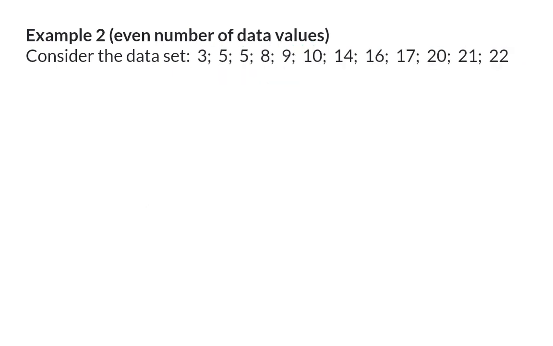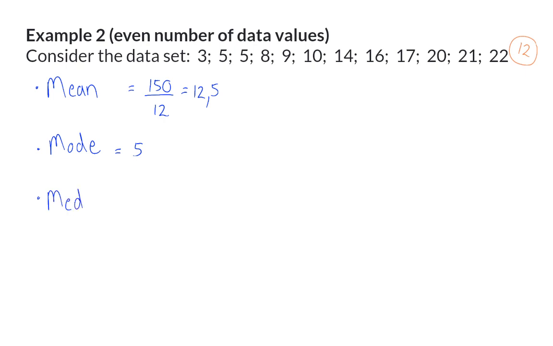In example 2, we are given the same set of data, but there's an added value of 22, and that means we now have 12 values in our set. When I calculate the mean, I will then have 150 as total divided by 12, which will give a mean of 12,5. The mode here is still 5, but when we calculate our median, it is now important to realize that there